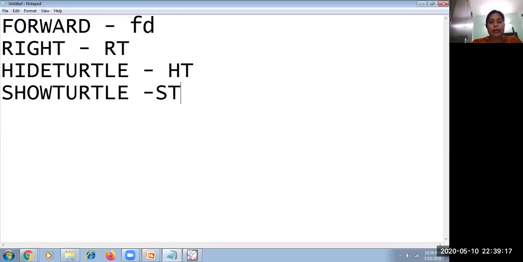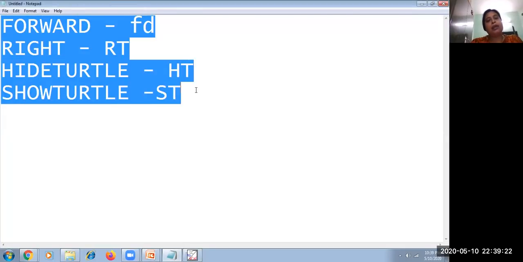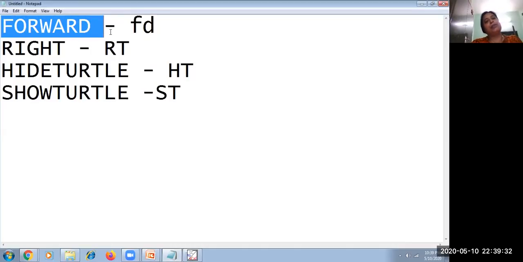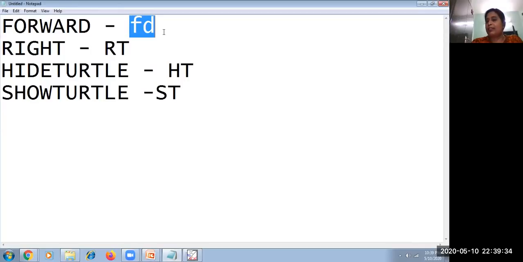See, these commands, these primitives are not case sensitive. What do I mean by case sensitive? It means I can write in any form. Either I can write in capital, or in small, or a mix of capital and small, whatever way we want to write it.